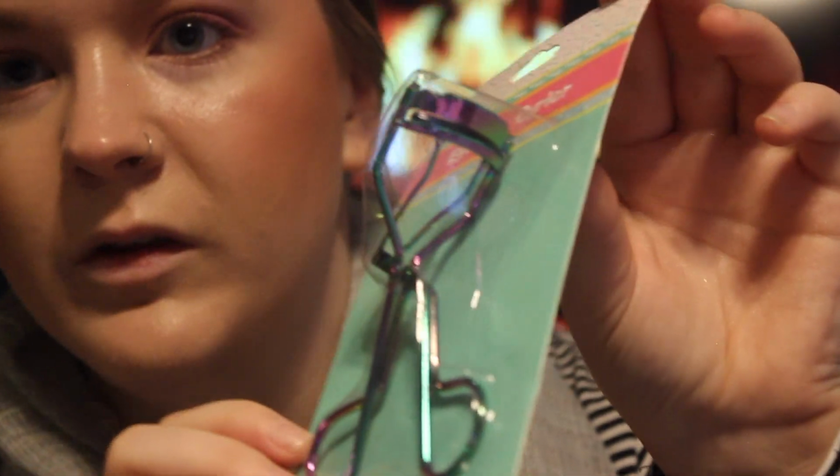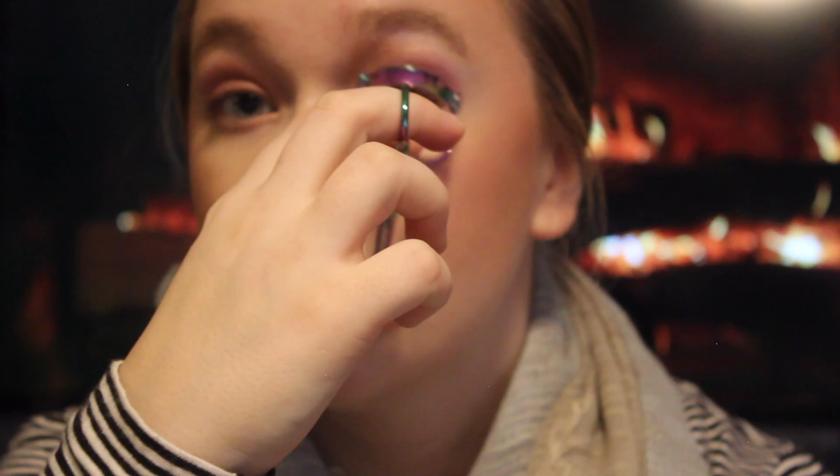I'm just gonna set my face with my Morphe spray because I had no setting spray there. I love the smell of this. It's so good. And I actually got an eyelash curler from there and it's really pretty. It's like rainbow metal and it feels kind of junky, but